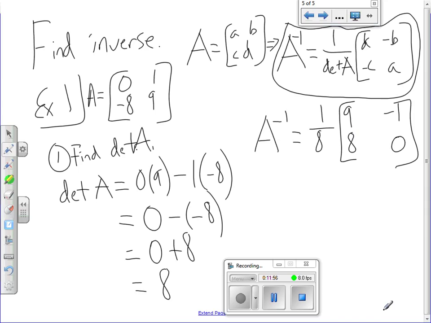Now, technically, what you have in front of you is a valid answer, but I'm going to say that we need to do a little bit more work, because having this 1/8 on the outside,